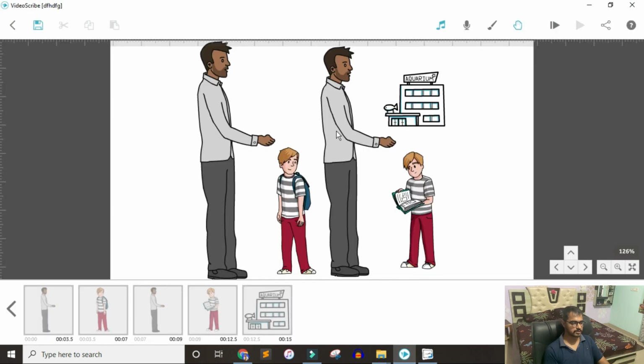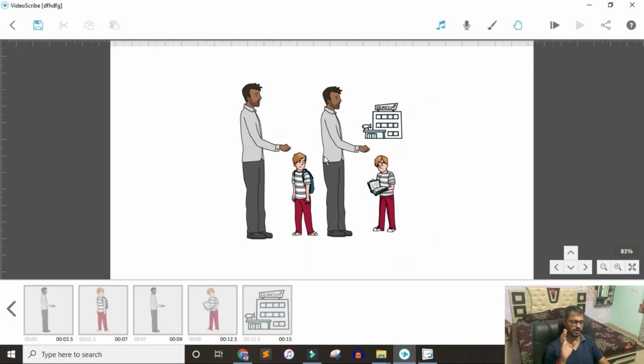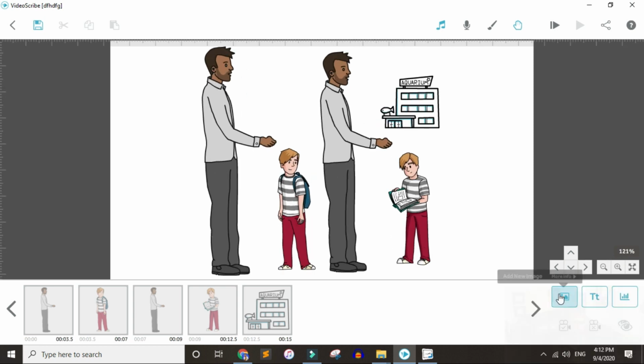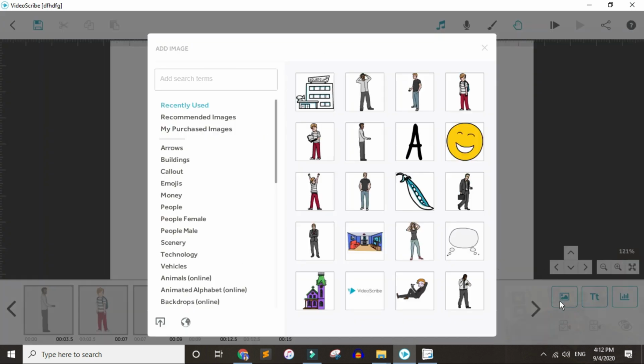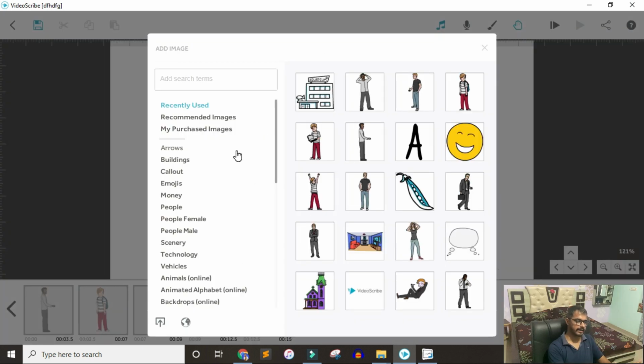Coming to Video Scribe, there is a simple blank canvas. You can zoom in and zoom out as much as you like. There is seriously no limit. If you're looking for a library, click on that Amaze icon. There are multiple categories, unlike Doodly, which has only 2 categories, and obviously search is available for both.